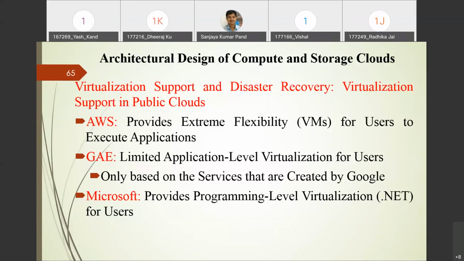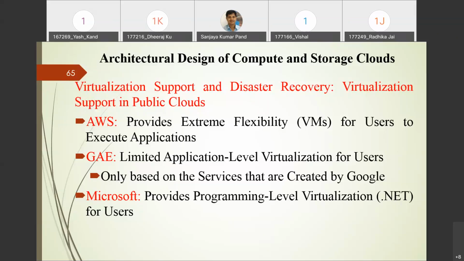As you know, in cloud computing, the main support we are getting is through virtualization technology, right? All the cloud service providers use virtualization technology in order to provide various services to the customer.